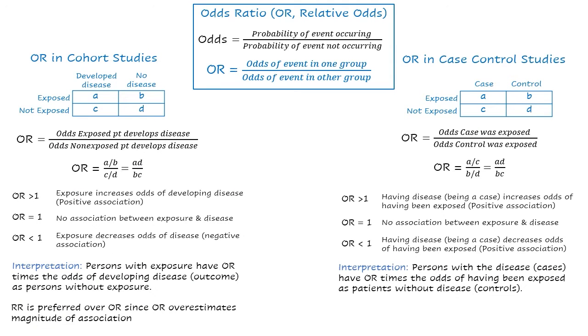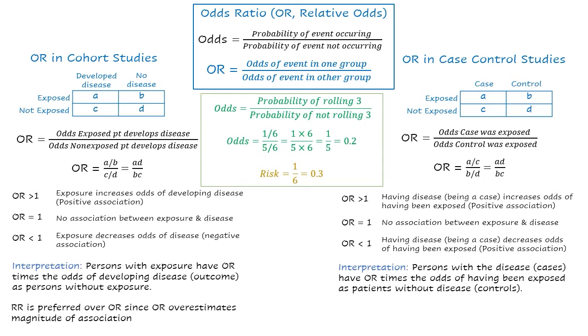Alright, now let's get down to brass tacks and talk measures of association, with the first being odds ratio, also known as relative odds. Generally speaking, the odds of an outcome is equal to the probability of that outcome occurring divided by the probability of it not occurring. For example, the odds of rolling a 3 on a standard 6-sided dice is 1 to 5, which we can